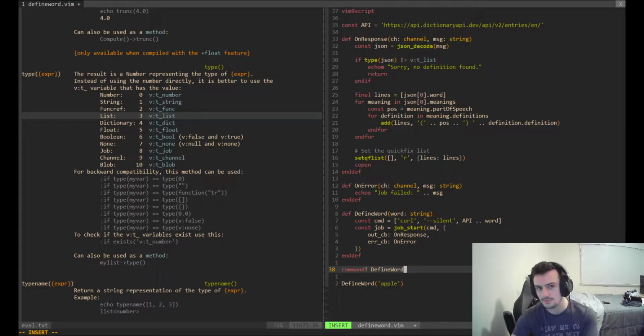And we have two ways of doing this. We could have the user pass the word as an argument, and then that would call our function. But the other way, which is the way I'm probably going to do it, is just define the word that the user has their cursor hovered over. And we can get that by